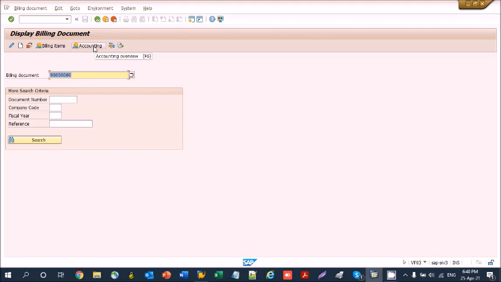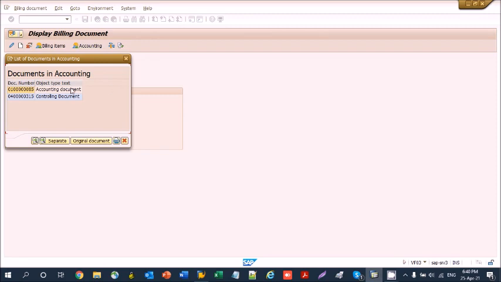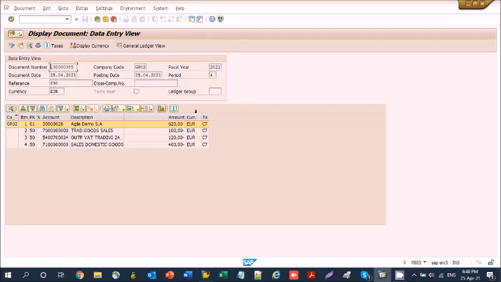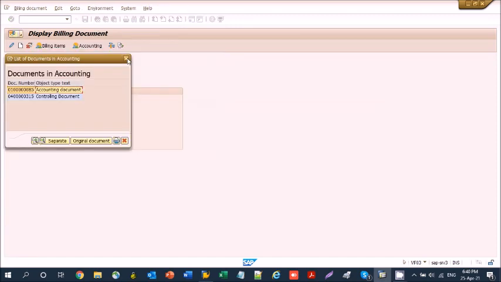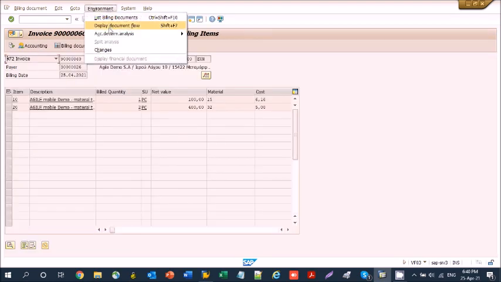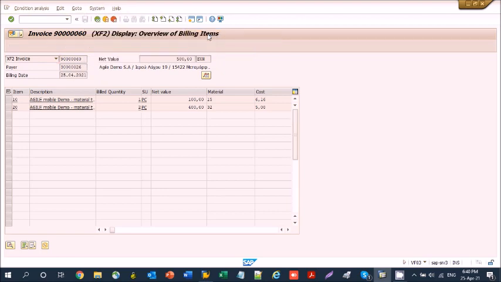We are pressing the accounting button and we are selecting the accounting document. We can see the account determination analysis for the revenue accounts.